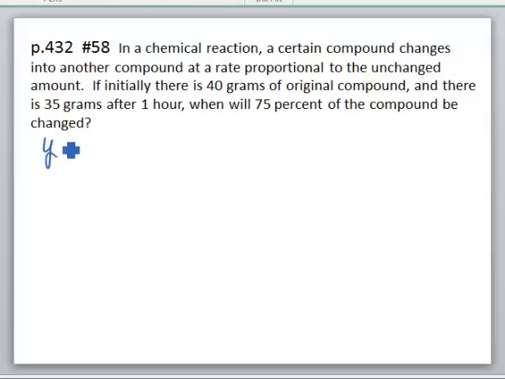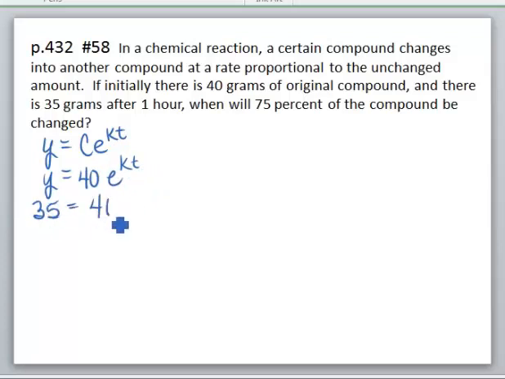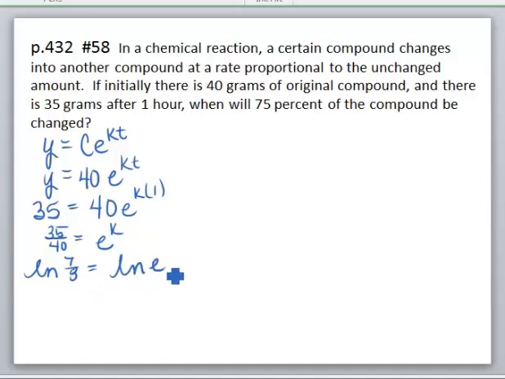So we're talking about using the same formula we've been using. It tells me that initially there was 40 grams, so that means that C is 40. It tells me after 1 hour that there's 35 grams, so that'll allow me to solve for k. I'll divide by 40 on both sides, and I'll ln both sides, so I have the ln of 7/8 is equal to the ln of e to the k. So k is approximately